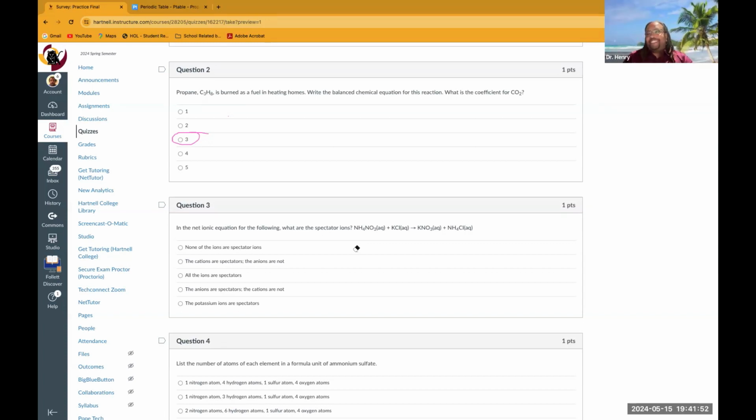Well, I think the first thing you have to do is balance it, right? Well, hold on a second. Since everything is aqueous, there's no chemical reaction. So we can just say everything is soluble, there's no spectator or precipitant. Well, you said there's no spectator or they're all spectators? They're all spectators. That is correct. So since everything is aqueous, they're all spectators, because there's no precipitant. Yeah, that's right. Okay. So the answer would be,